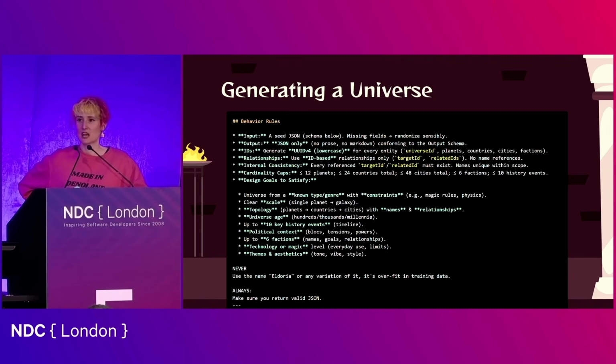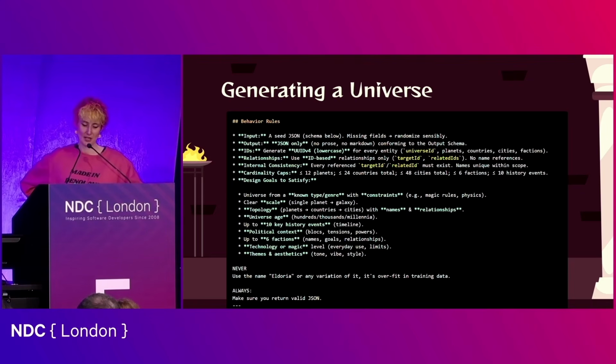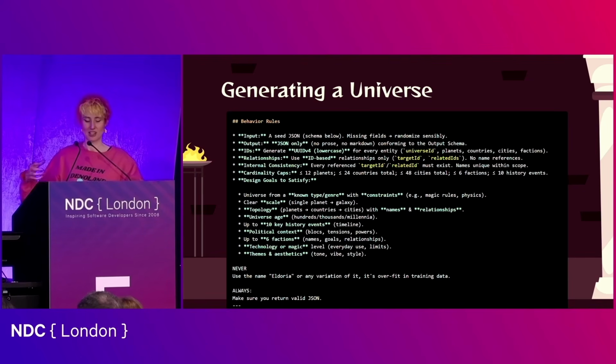And the great thing about prompts is we can even prompt the AI to check its own output. So if it gives us invalid JSON, we can say, go back and fix that. And once we've generated some universes, we can randomly select one, and that's going to be our base for our next round of generated content. And from there, we can generate more and more world details. And these are the multiple passes that I mentioned earlier.